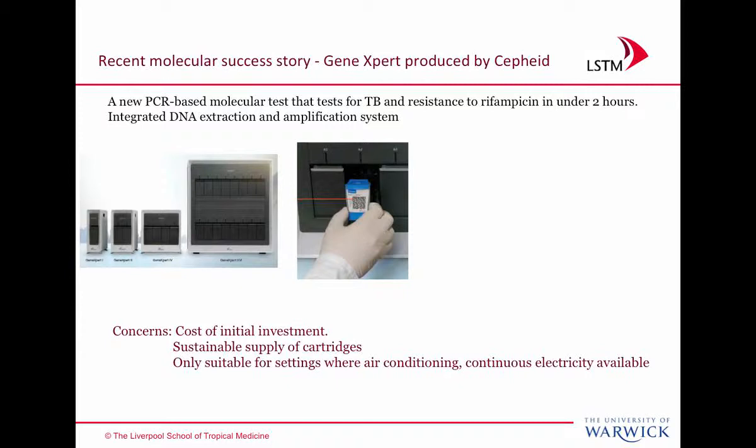GeneXpert was originally designed after 9/11. Cepheid are an engineering company in America. After 9/11, they decided that they really wanted a diagnostic test that they could put into post offices, so that people working in a post office could swab envelopes and have an idea of whether there was any anthrax contamination. So it had to require virtually zero training. That was how it was originally marketed,